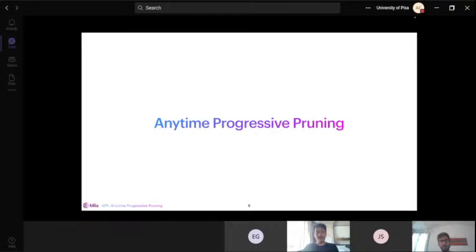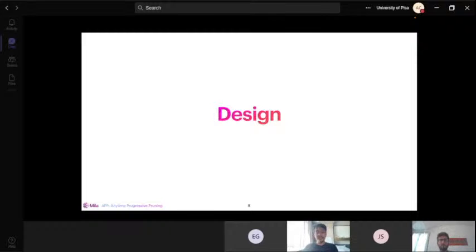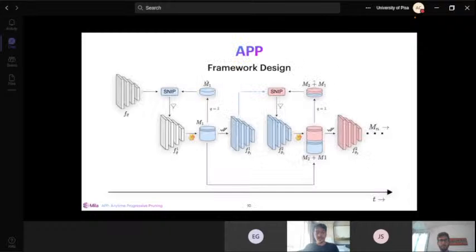So our answer to that question is the framework that we propose called Anytime Progressive Pruning. Let's see exactly what Anytime Progressive Pruning is in terms of its design. This is the blueprint layout of our algorithm. In the next slide, I do have the exact algorithmic version, which I'll also go through. But let's see what is actually happening here. There are some subtle notations over here, but they're quite easy to follow.